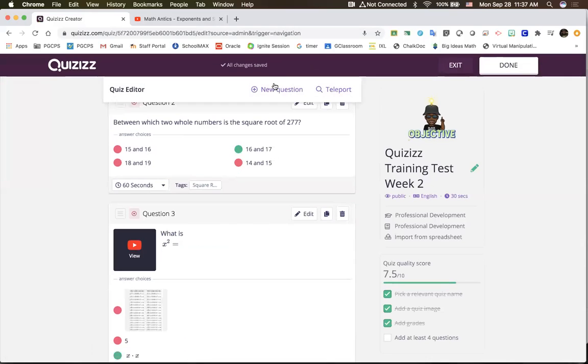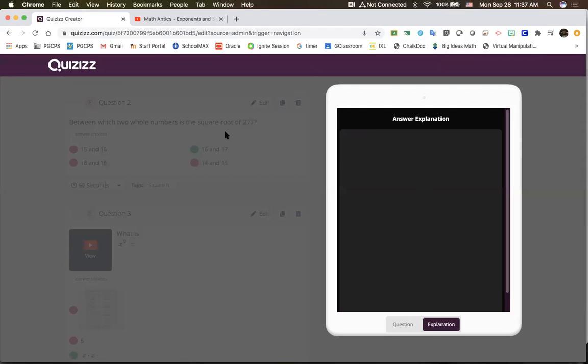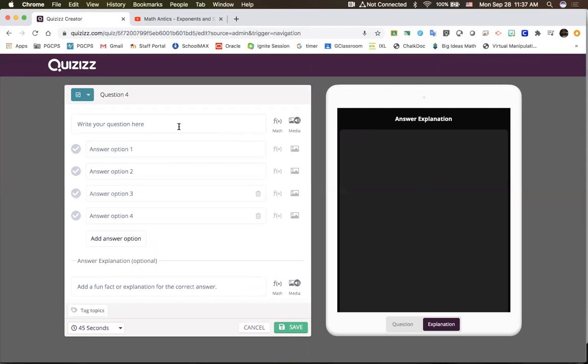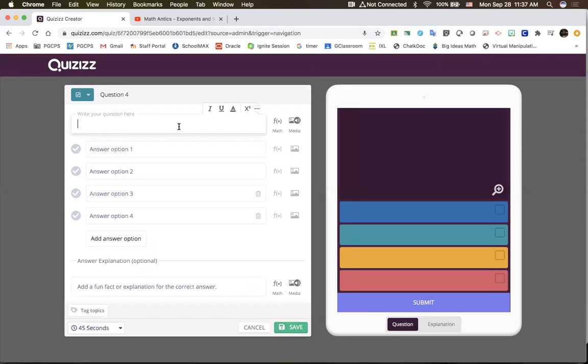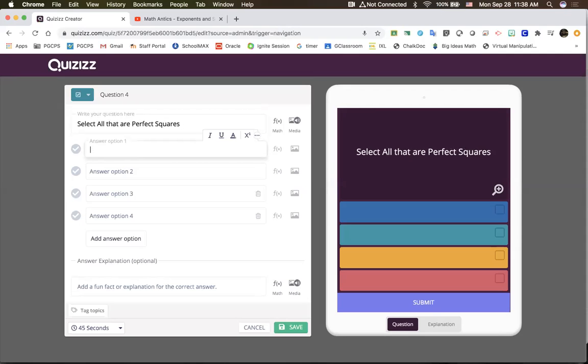So now, another multiple choice, but still a little bit harder. Obviously, we always have that. The students, we know the select all that apply. Right, so right now we're learning about perfect squares. So if I wanted to give the students a list of 5 different numbers, and I ask them to select all that apply, select all that are perfect squares,